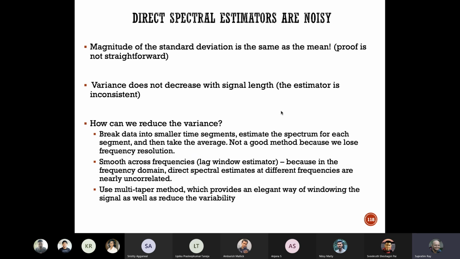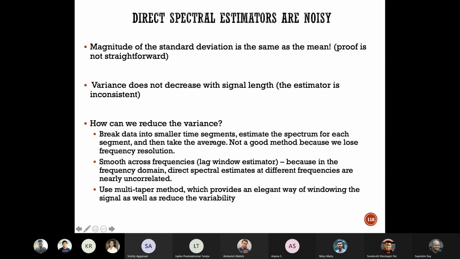So that's the true reason why we have this high variance, but it's a very involved point mathematically, so we won't talk about the math. Instead, we are going to talk about ways by which you can reduce the variance. So here's one idea. Suppose I can break the data into smaller segments, and I can estimate the spectrum for each segment. So if I break a signal down into 10 segments, I can compute 10 spectra, one for each segment,